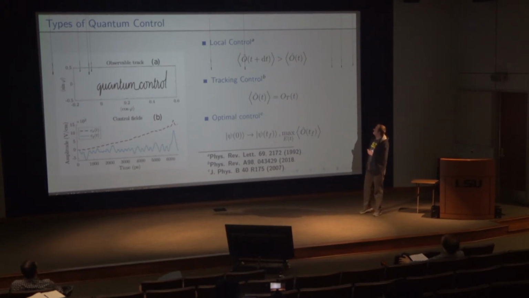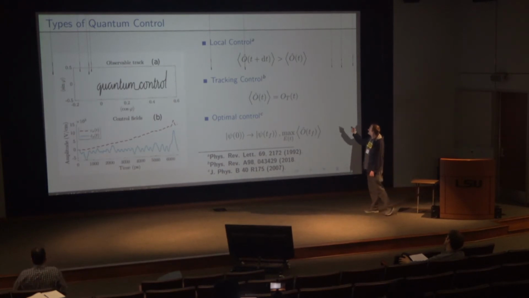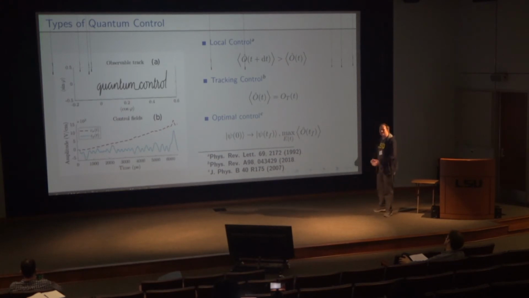The first one is what you call local control. The only idea with this is that you have some expectation, and all you really want to happen is to have a monotonic increase in it. A really simple example of local control is, let's say you have a free particle, and you want to increase the momentum as time goes on. Well, you just apply a constant field and the momentum will go up. That would be a very crude form of local control. So this is in some sense the easiest version of control to institute, because you don't actually care what the value of the expectation is, you just want it to be going up.